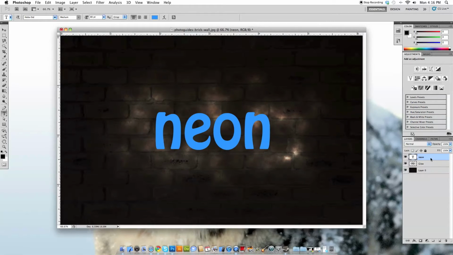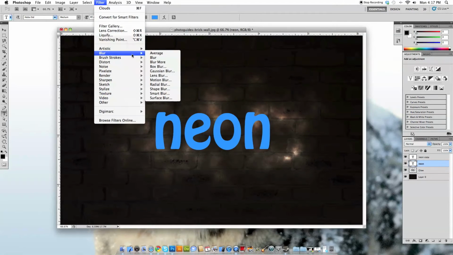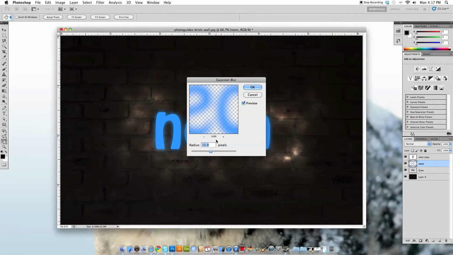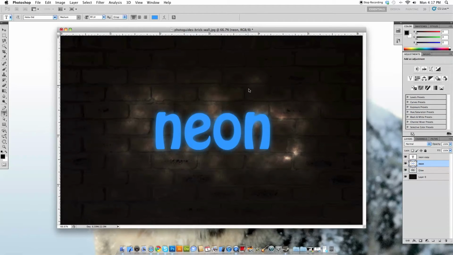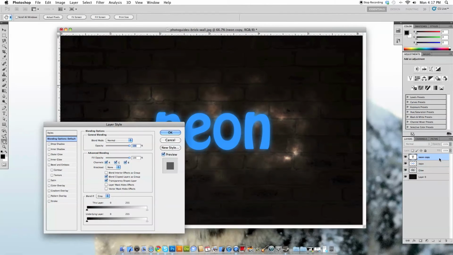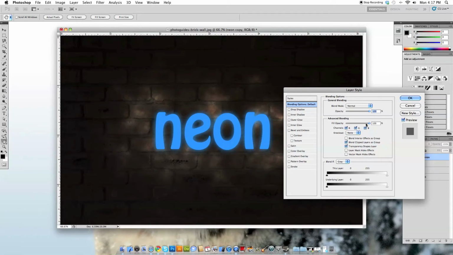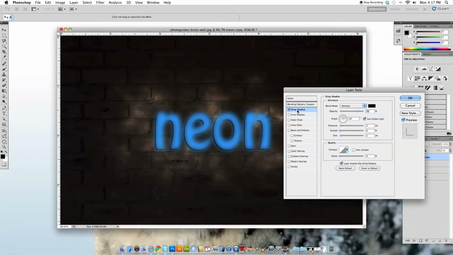And now we're going to press Command or Control J to duplicate, and we're going to take our bottom layer and go to Filter, Blur, Gaussian Blur, OK to rasterize, and put our size at 15 pixels. Hit OK, and now we're going to double click the top neon layer to open up our blending options. Now we're going to set our fill opacity at 0, and we're adding a drop shadow, and we're going to have the angle at